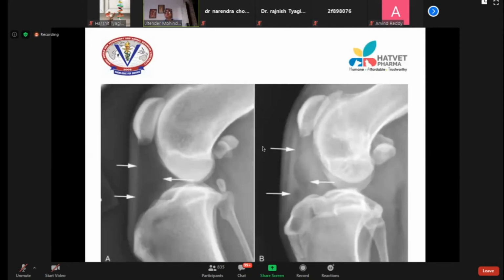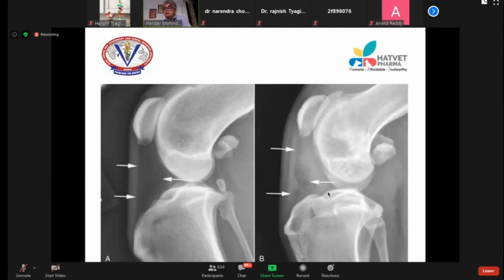Now this is a cruciate rupture on the right side. Just see, this is the infrapatellar fat pad. Infra means below, patella means patella, that is the patella, and this is fat. This is infrapatellar fat. This should be like this big. And this area belongs to the joint, the stifle joint or synovial joint.